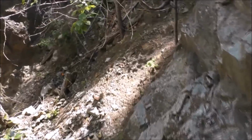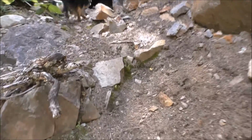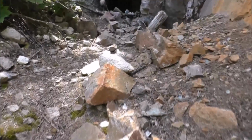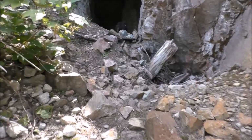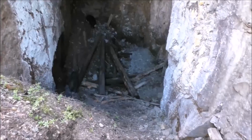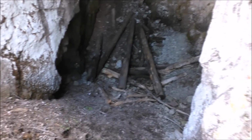There's another level. There's three levels that we know of now. The one at the very bottom, this is kind of a mid-level, and then there's a higher level of the historic workings. And in the more modern times, they did some work at the very top, and what they did is they went in and did kind of an open pit on the very top. Alright, it just looks like a small stoped out area here